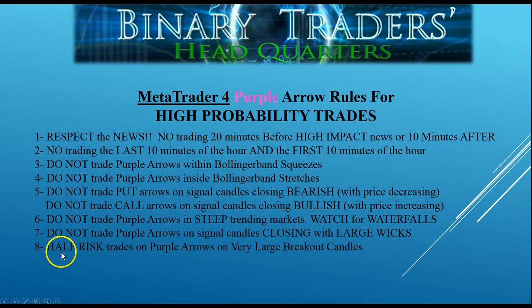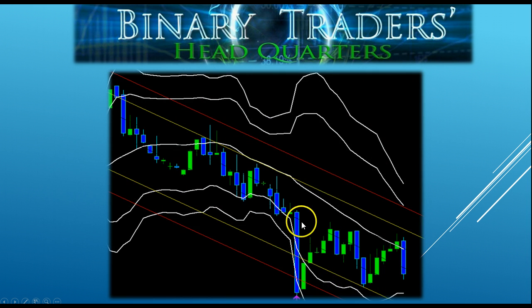And we're going to take half risk trades on purple arrows, firing on very large breakout candles. Okay? And this is what we mean by that right here. Now, this one wins. And the reason I'm presenting this particular scenario to you is this is why I'm saying half risk. Because oftentimes this is a sign of a breakout of trend